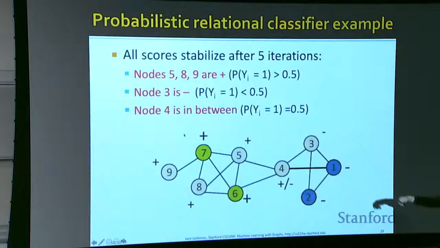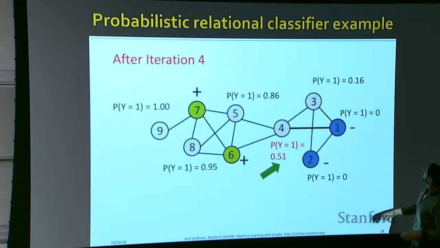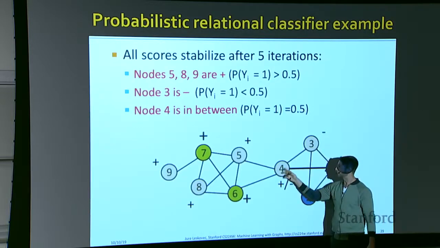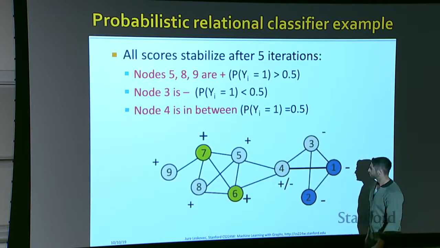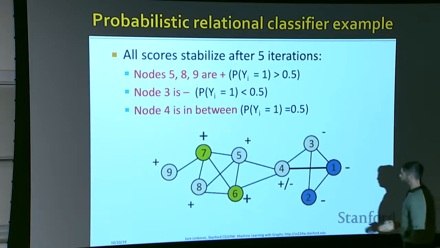Same we can do for node 3, because the probability was 0.16, so it's below 0.5. But unfortunately, again, node 4 is sitting in between because it's equal to 0.5. So as we said before, the convergence is not guaranteed. We know that the algorithm stopped because there weren't any weight updates, but it wasn't able to reach a decision